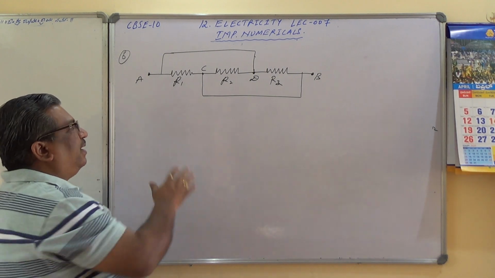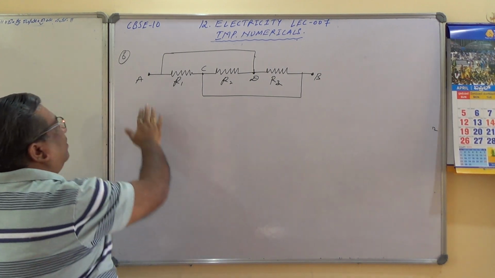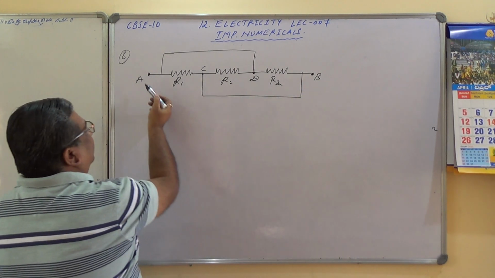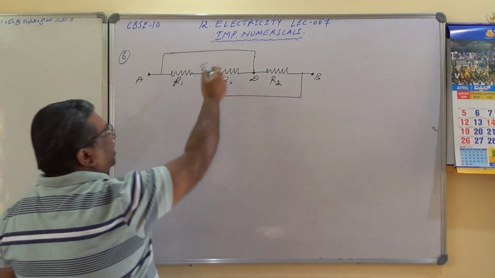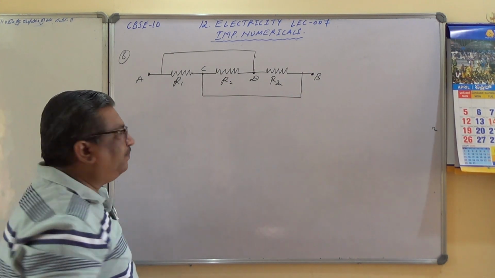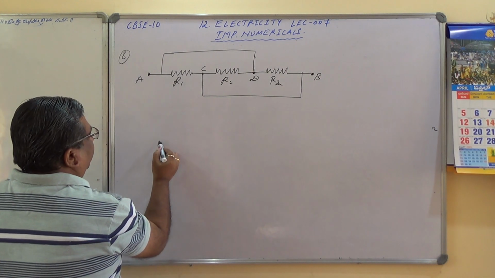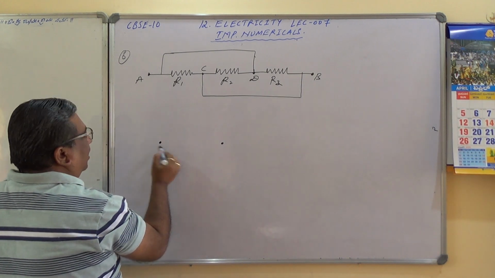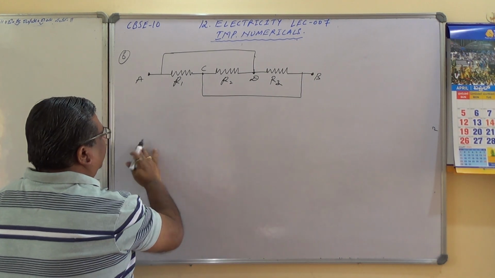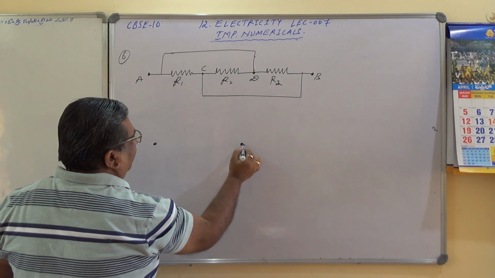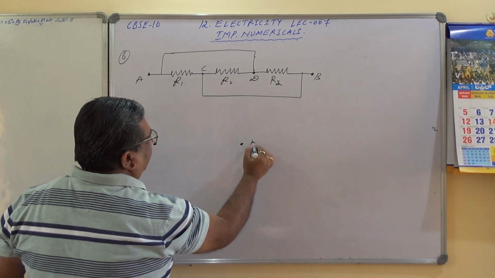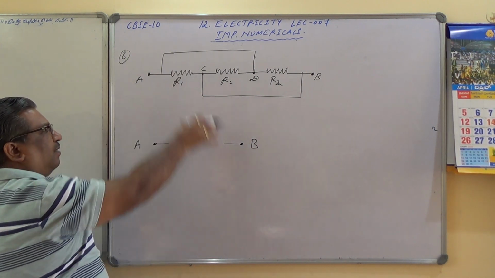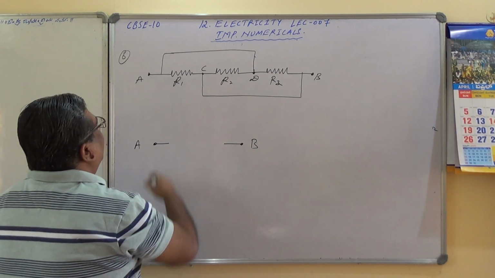See here, a small modification I am doing so that you will come to know about that. I have written the junctions, basically I have written A, C, D, B. Potential difference is applied across A and B. The question is, what is the effective resistance of this electrical circuit? Let me take two terminals, A here and B here. These are the terminals, and in between we have some resistors.